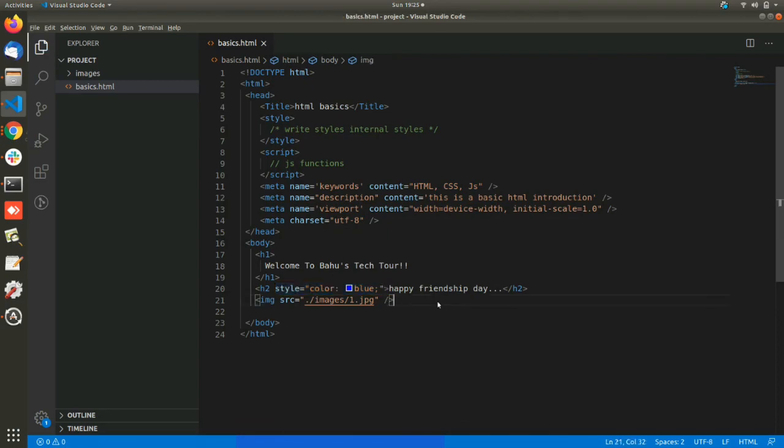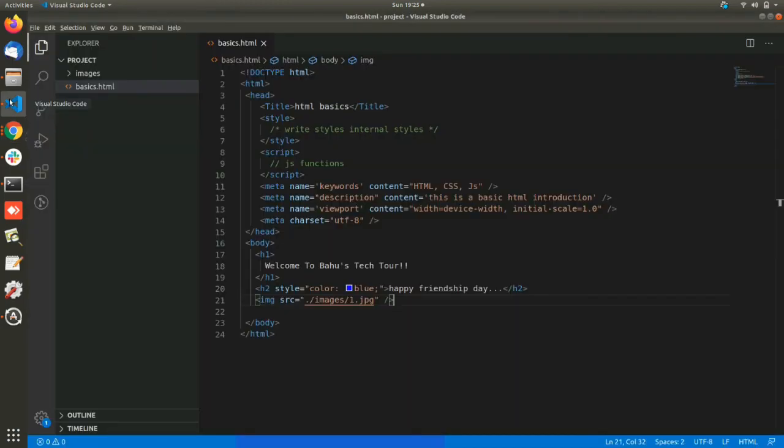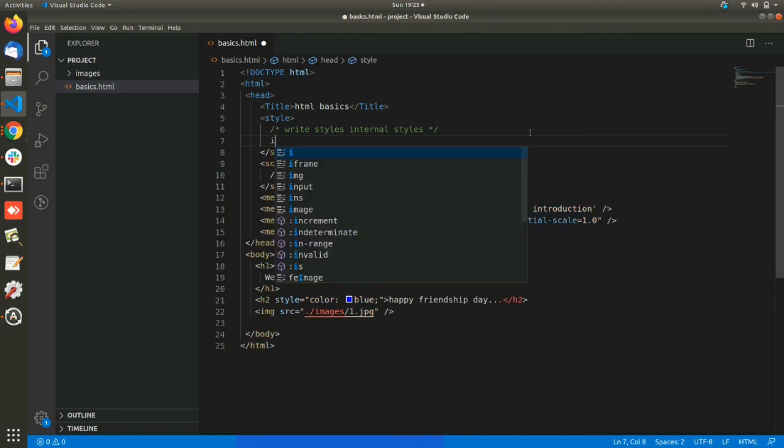Now let's refresh and see here. See, Friendship Day is displayed in blue color, and the image, we are getting the image also. For this image, I will write styles in internal styles. I already told you internal styles are written within the style tags in the head part.